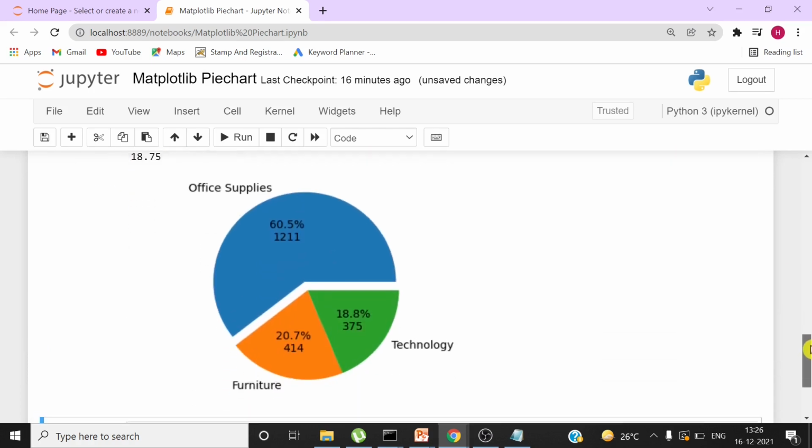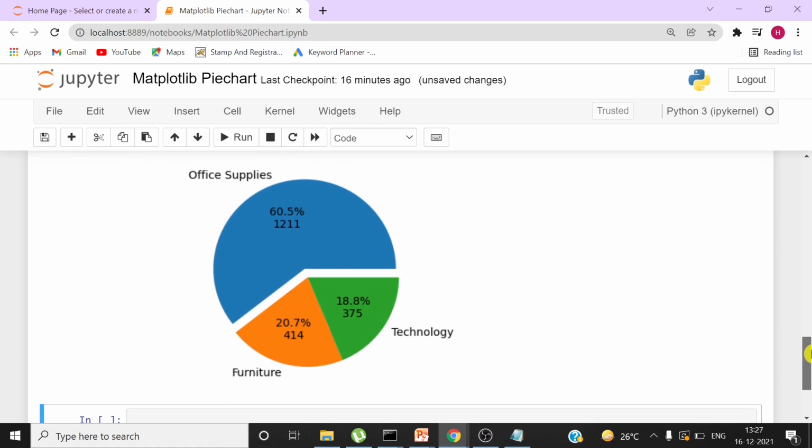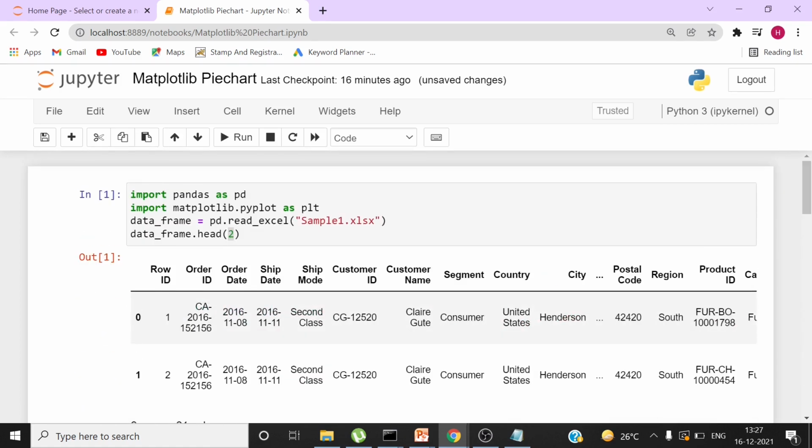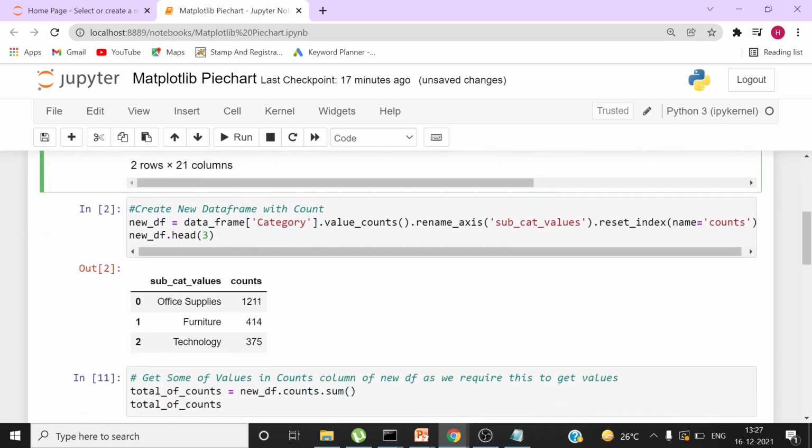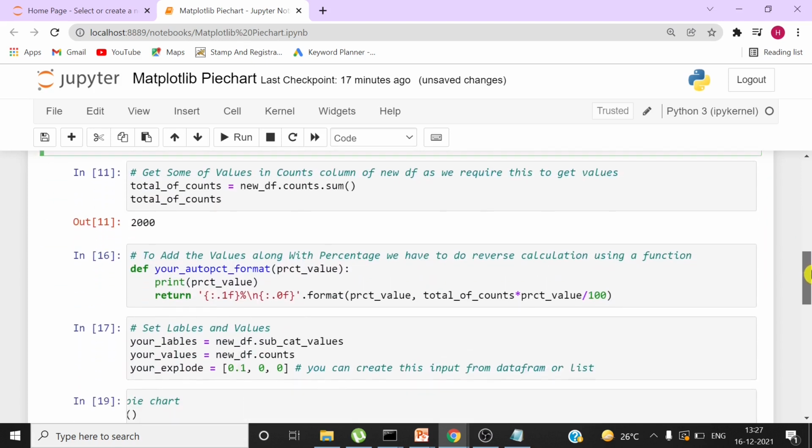You can see here. Let me show you the entire code once again because we have done so many changes. This is the first cell where we are reading the data from Excel into a data frame. This is the second cell where we are creating a new data frame with the count of each category. This is the third cell where we are getting the total so that we can get the values out from the percentage.